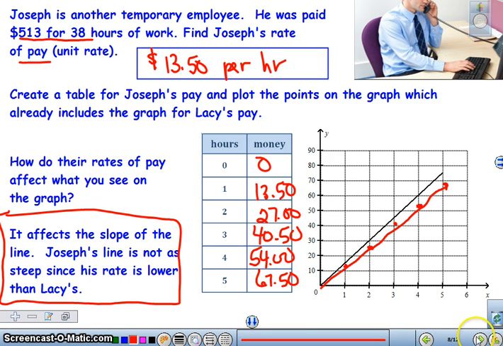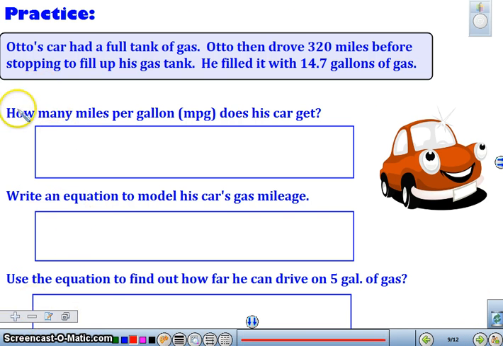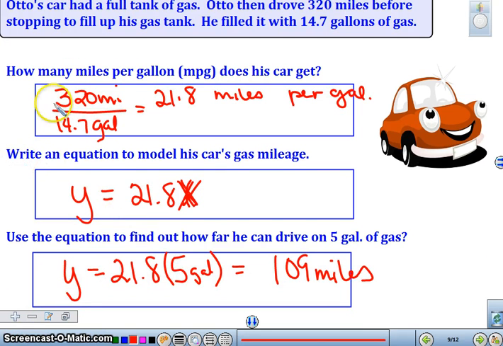So we are now going to look at that bottom slide to fill in your notes. As you look at this, it says how many miles per gallon. Write an equation, and then we want to use this to find 5 columns. So again, pause the video and watch what we're going to take a look at. After pausing it, you should have